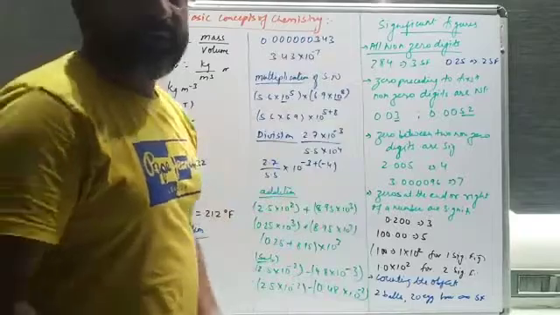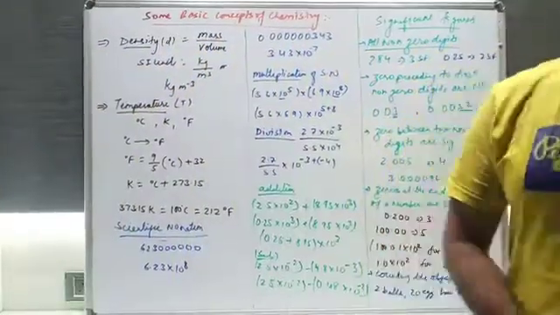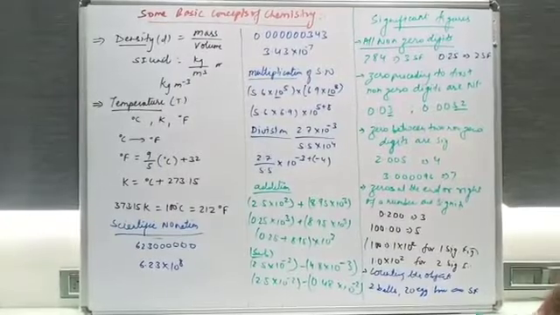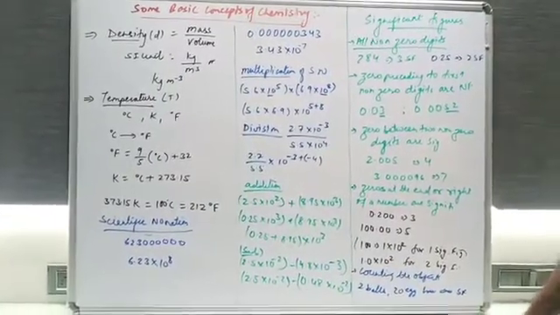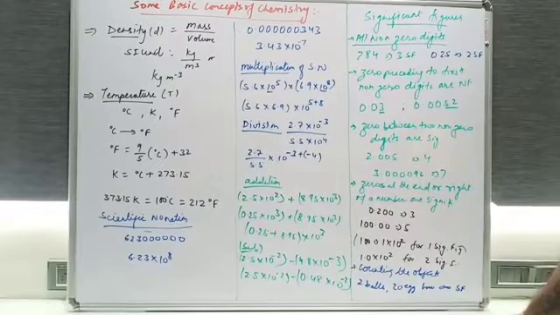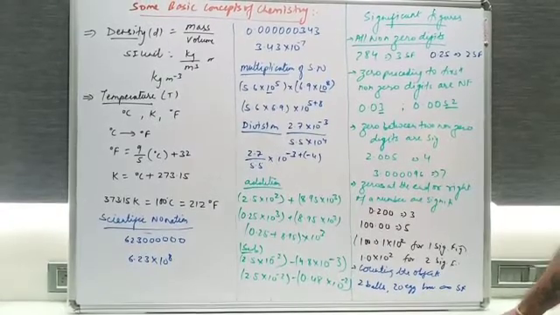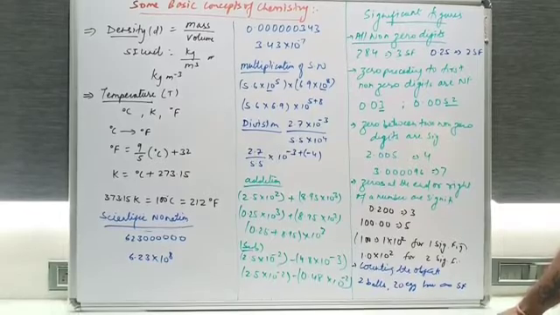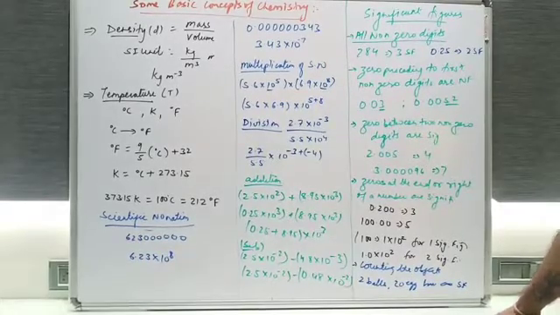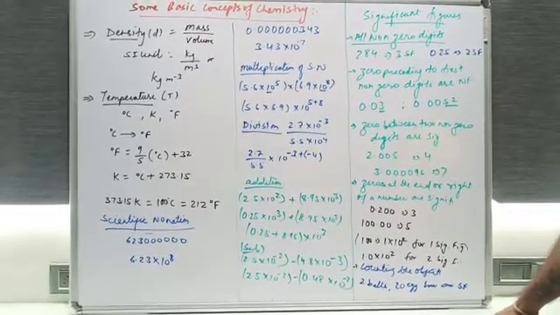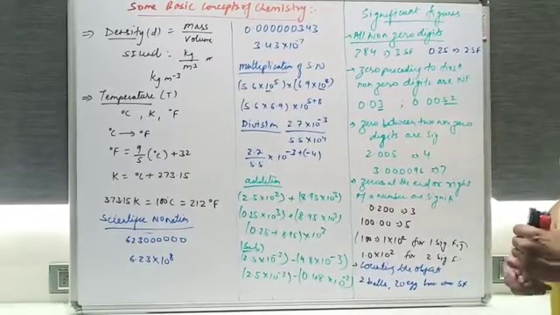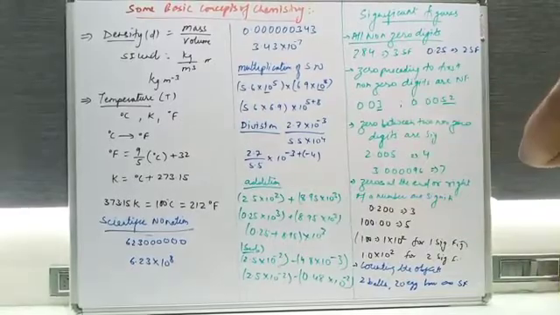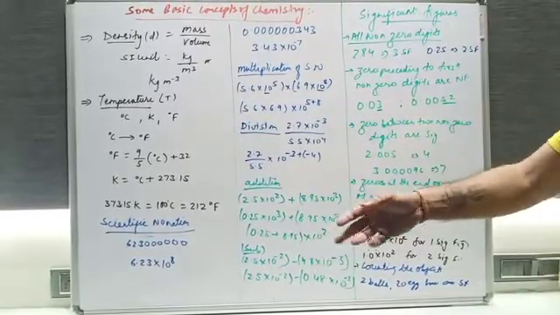Now the third important topic is significant figures. Do you know what the meaning of significant figures is? They are the digits in the mathematics we use in chemistry or even in physics. What are the digits which are being signified? We need to find out which will be used in the calculations. These are called the significant figures. They are used in chemical reactions as well as in chemical calculations.